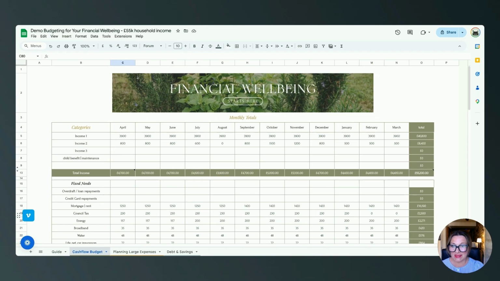Okie dokie, let's take a look at this particular financial wellbeing toolkit I've created, and you'll see from this particular demo I just happen to have chosen a slightly more abundant household income of in the region of about £55,000 over the course of the year. Of course, yours may be more than this, it might be less than this. Point being, the concept is exactly the same regardless, but of course the actual amount of how much you have to spend varies greatly,